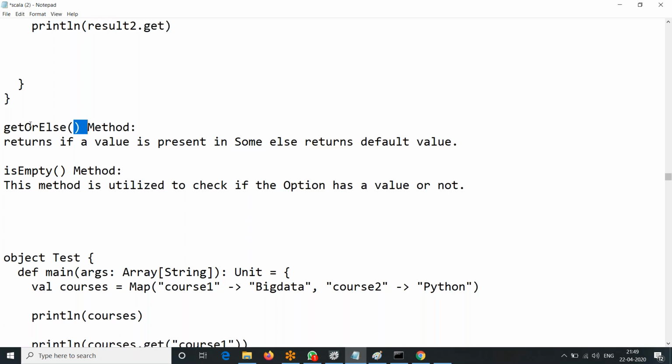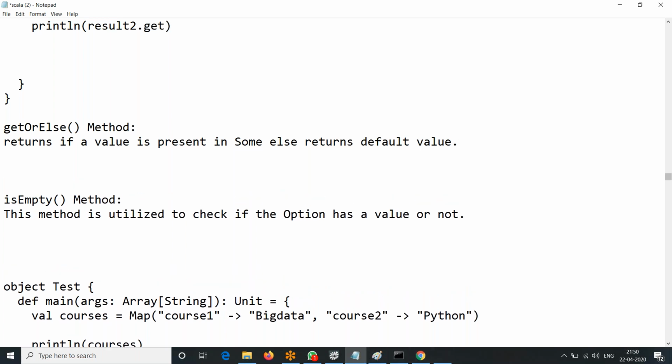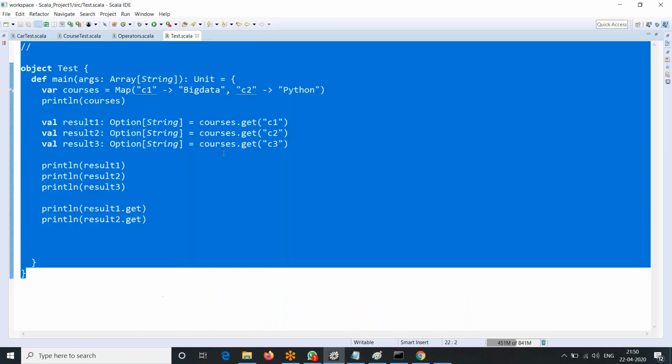Suppose option doesn't have a value, then you usually declare a default value with the method itself. Maybe if I show that with a small example, you can quickly correlate it. Instead of talking theoretically, let me take a small example to understand the getOrElse method.